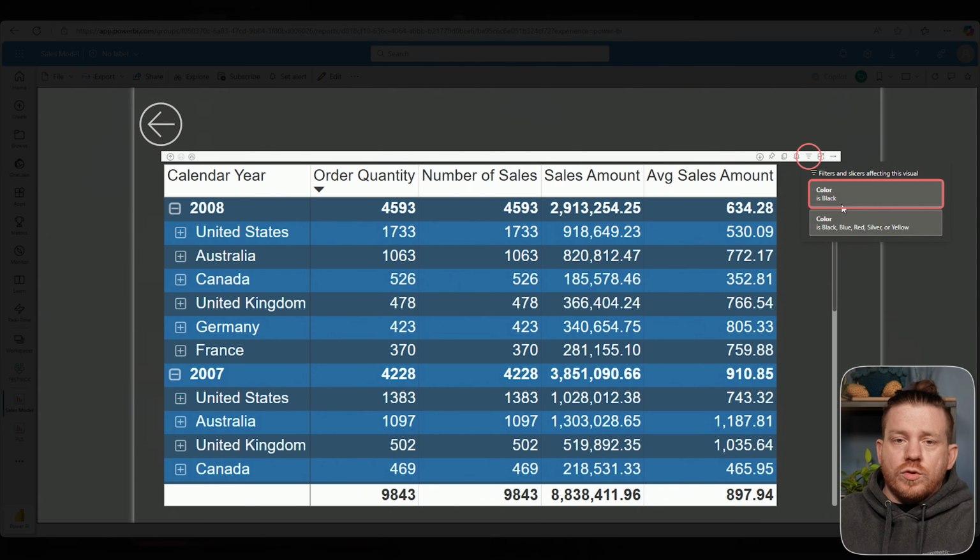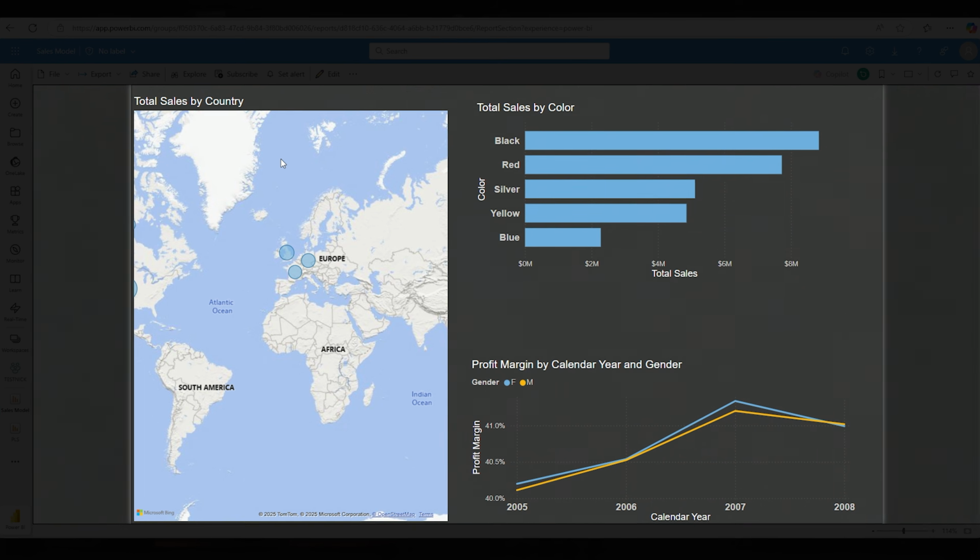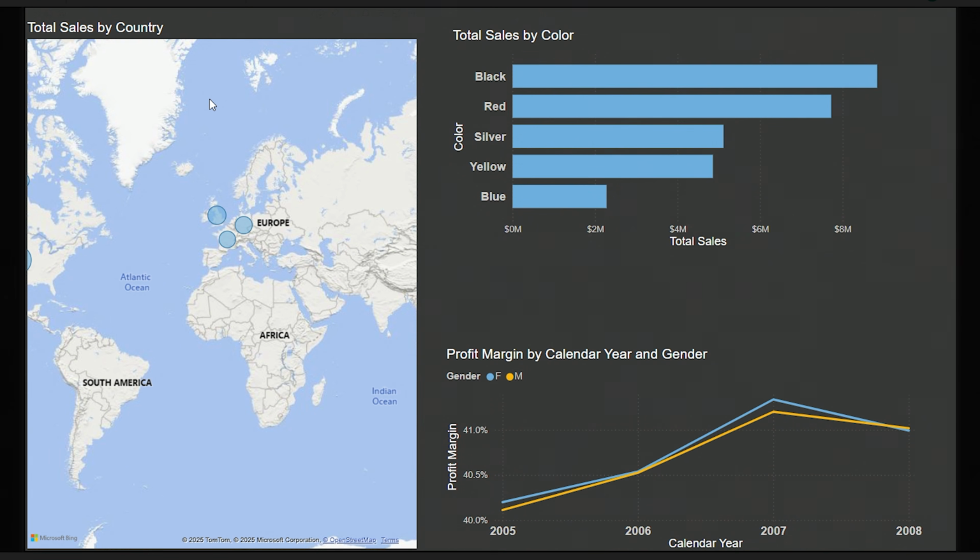And sure, this drill through page can probably be designed better. That has all the filters that are displayed. Like, all right, well, I'm filtering on black. Maybe I should have a card visual or something at the top that says what color I'm filtering on or what gender I'm filtering on or whatever it may be. Regardless, it's not that big a deal. I think you guys get the idea on it. But if I go back now, there is another way I could do drill through like we normally think we would do